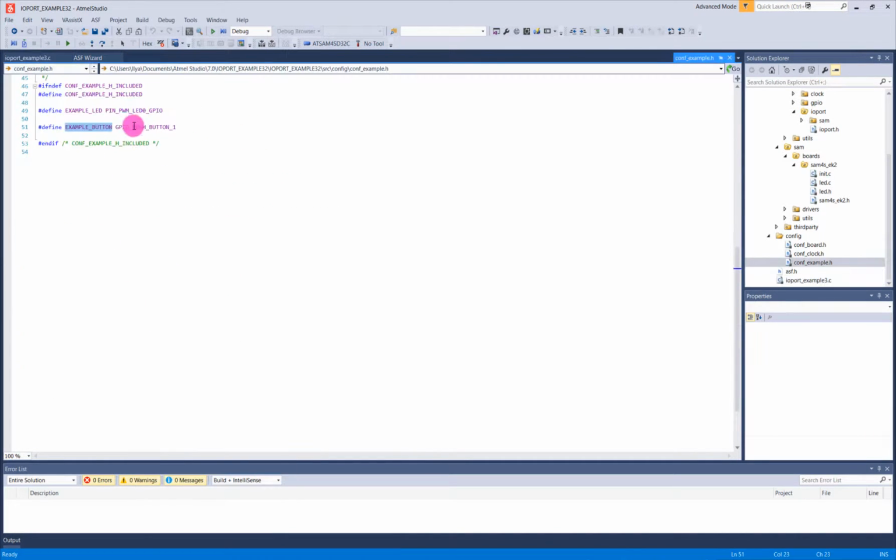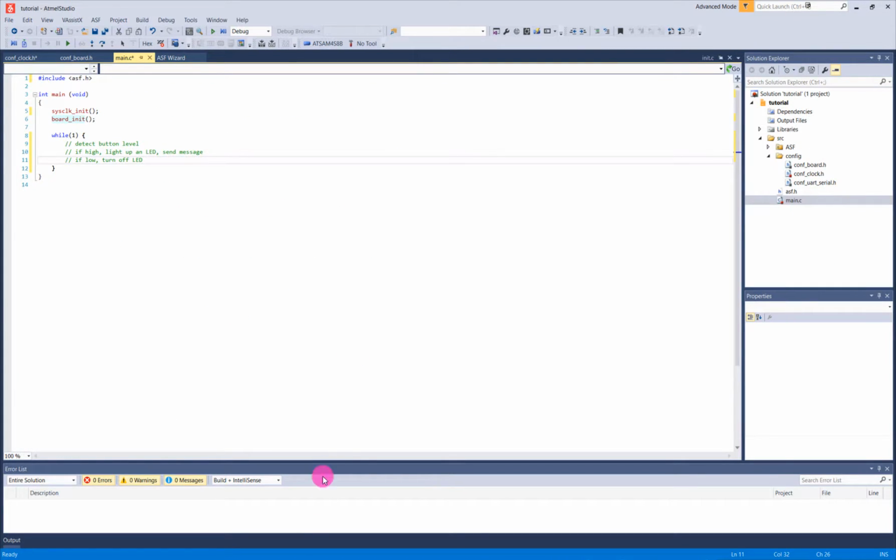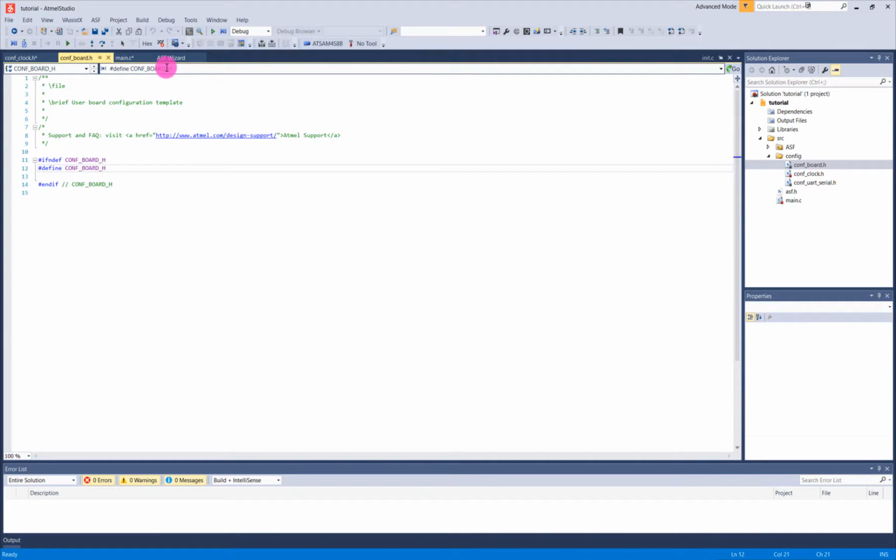If I click on that, again, I go all the way through, and I see that it's going to be PB3. That's the pin that we're going to use for the button. So for us, that may be something different, but this is the style that we're going to use. And so now for my own project, I'm going to go to my conf board file, and I'm going to